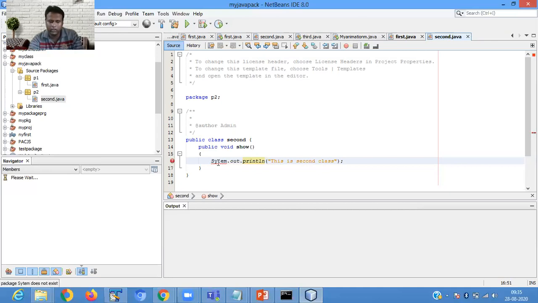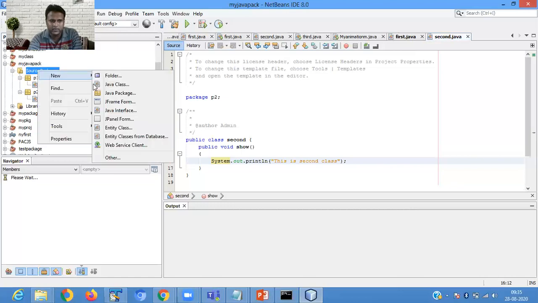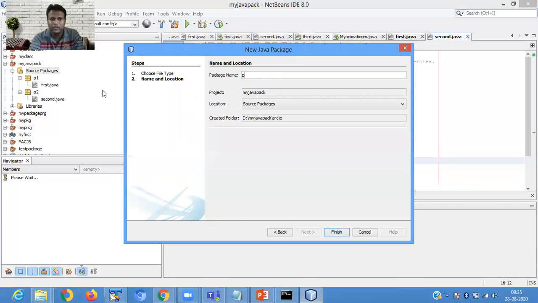Now I call these two classes into another class. These are the modularization we created. Like we create the first class in one location, the second class in a different location. So my work is over. Then I have to call all the classes into one module. For that I'm creating another Java package, p3. So in the p3 package, I will call the first class and second class.